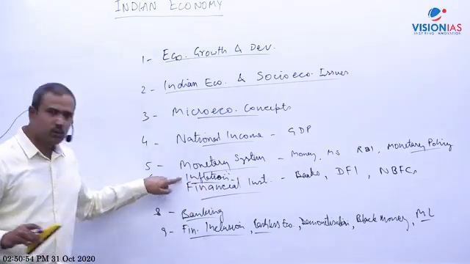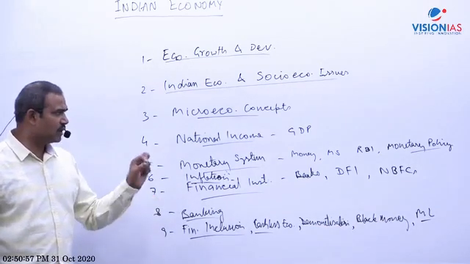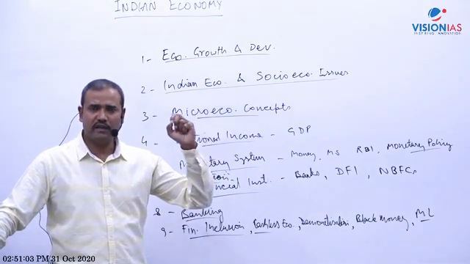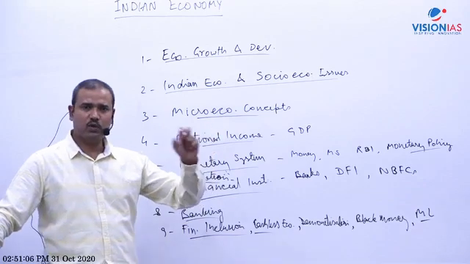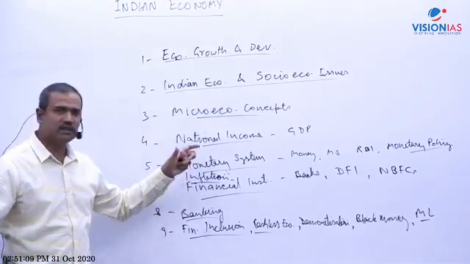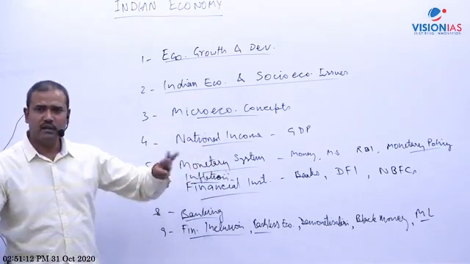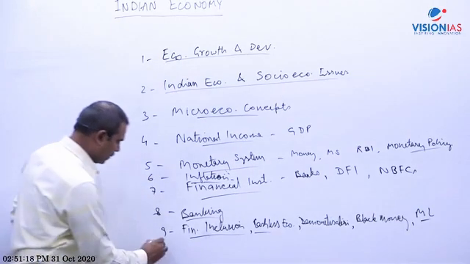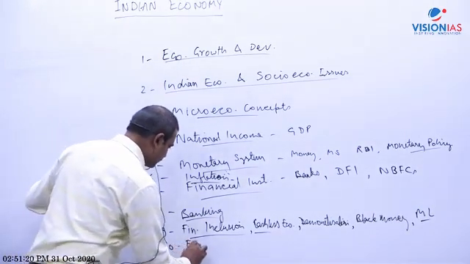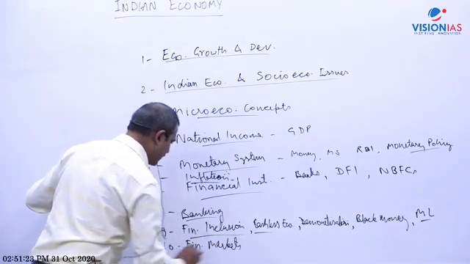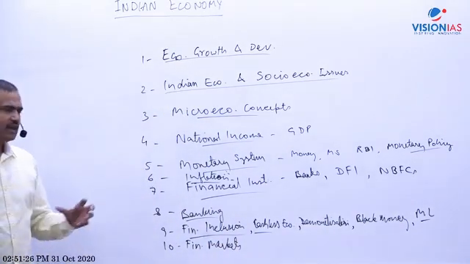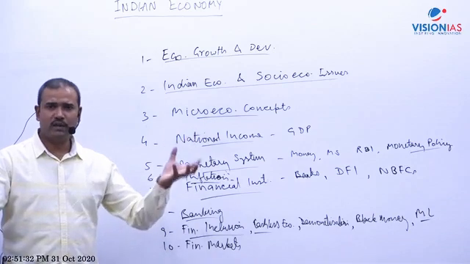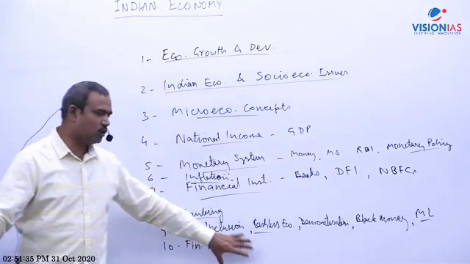Why? Because monetary policy is very much linked with inflation. As I told you, we have adopted a monetary policy framework agreement that is included in the RBI Act. So we have adopted an inflation targeting policy. So inflation is very important to understand monetary policy: types of inflation, measurement, and issues with monetary policy. Then the 10th chapter is financial markets. In this chapter, I will discuss money market, capital market, mainly stock exchanges, how share prices are determined, how Sensex goes up and down, what it indicates, and some reforms in stock exchanges.